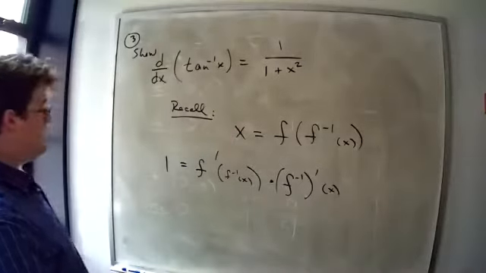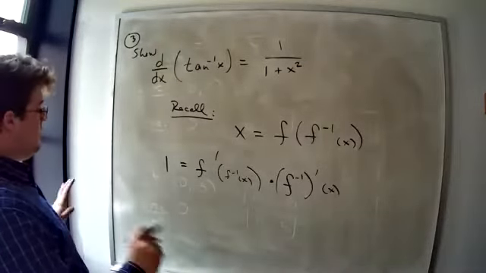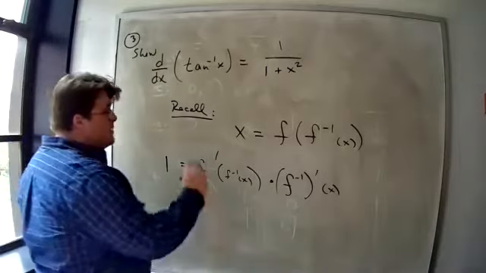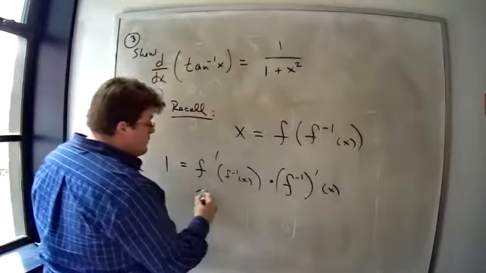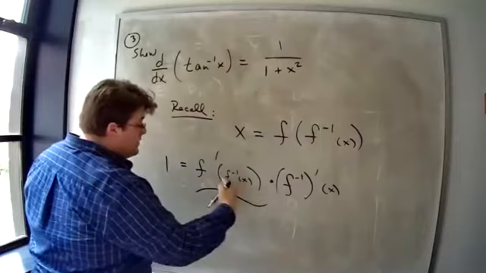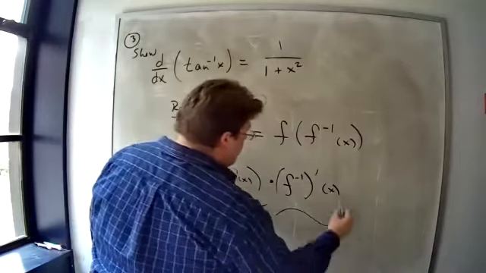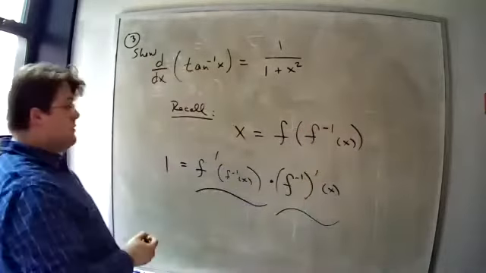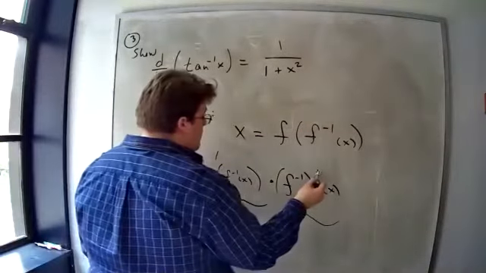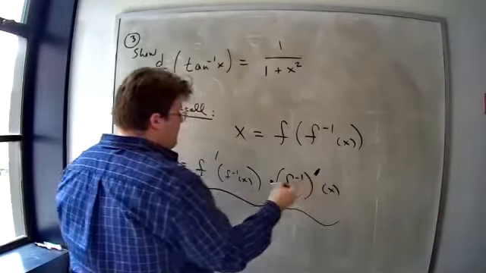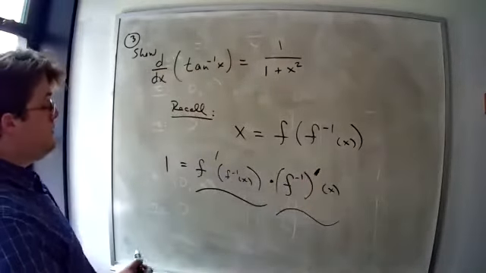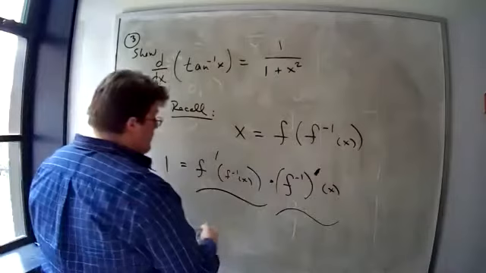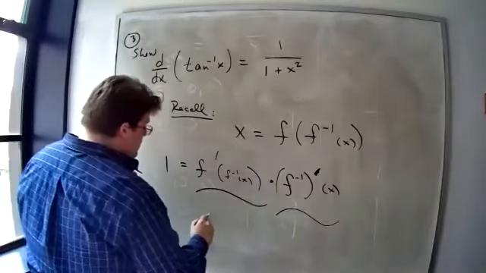And I think it should be here for this one. I don't always use the of x, but here I do use it. So here on the right side, we have a chain rule: derivative of the first, leave the inside alone, times derivative of this inside, which is what we wanted, the derivative of f inverse. Well, if we need a general formula for the derivative of f inverse, we can get one from here,